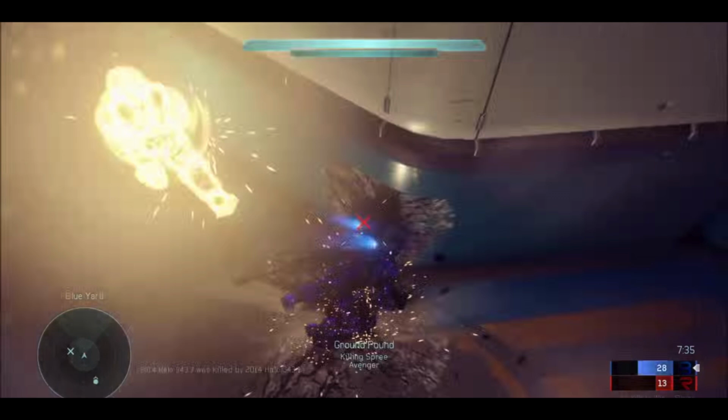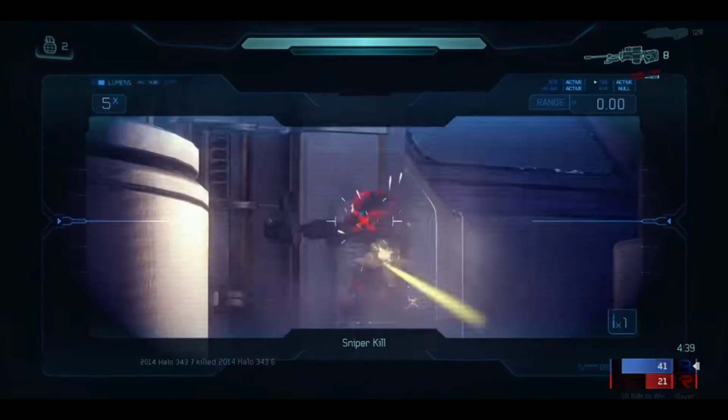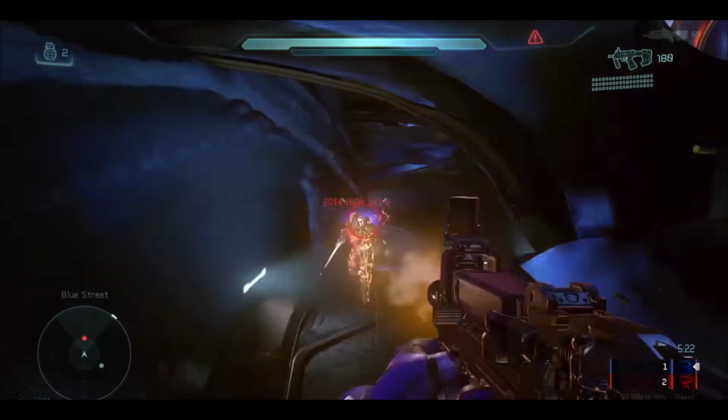Now, in campaign, what I would like to see is no hit markers of any kind. No hit markers on the HUD. That's what I want. So there can still be quote unquote hit markers in campaign, such as blood coming from enemies, enemies flinching when they get shot, or shields reacting. But I don't want hit markers that are displayed on your HUD in campaign, or sound effects for that matter,